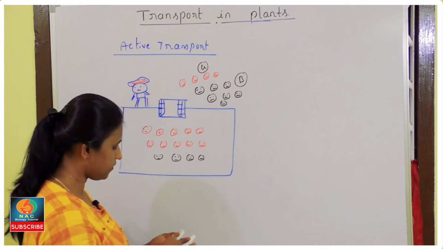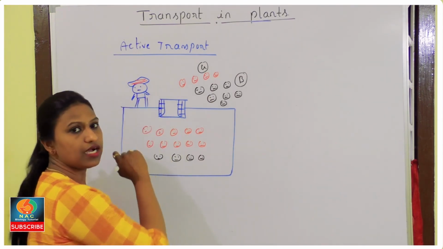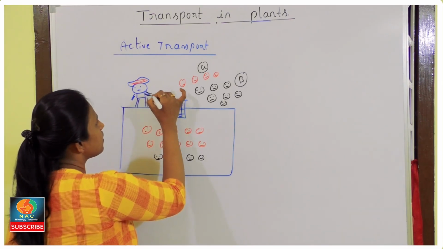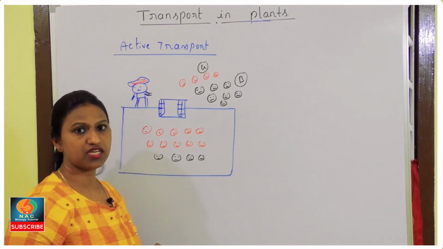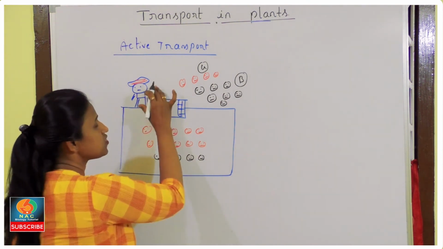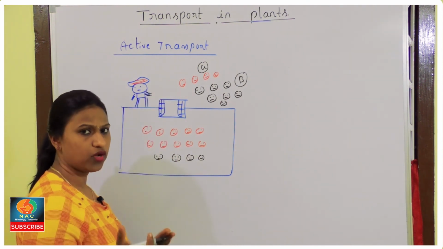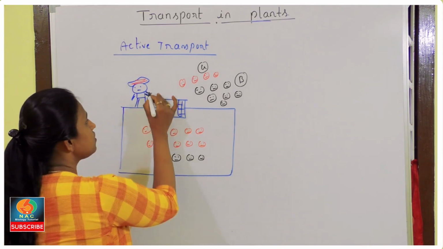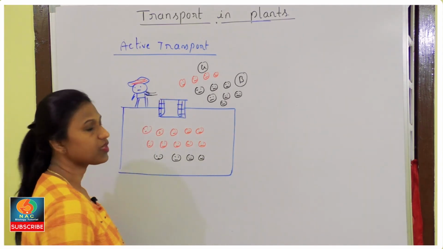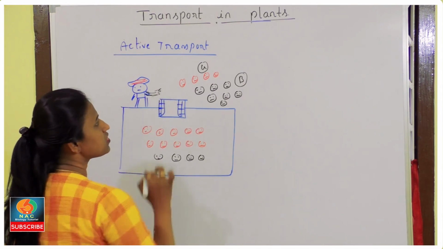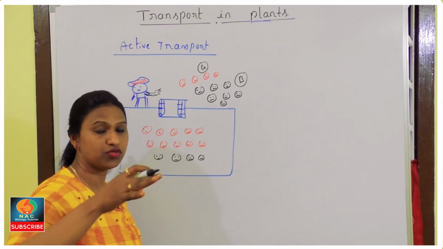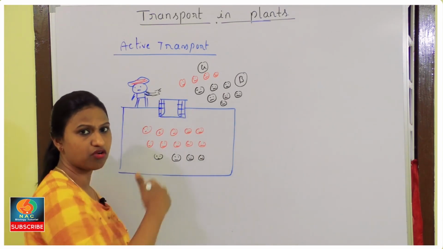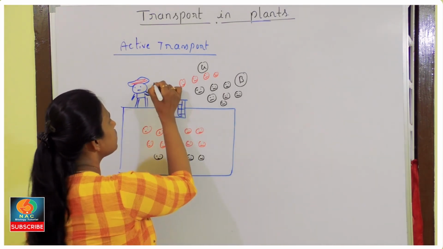Of course he is a strict officer, but he is not fixed on his word. What does he say? Okay, I will allow you, but you just give me 1 rupee. You just give me some money. Then these girls and boys give some money to this watchman so that they can do their work. They have to get inside or they have to go outside.